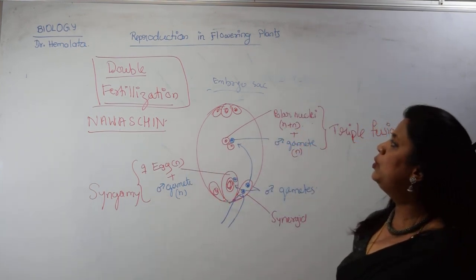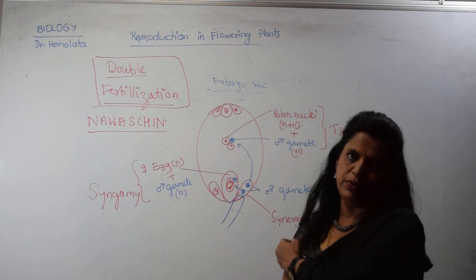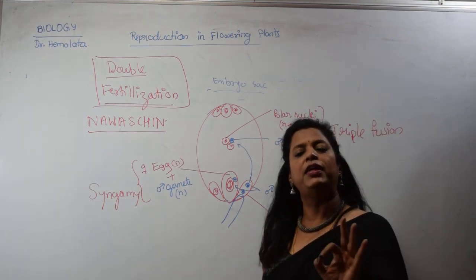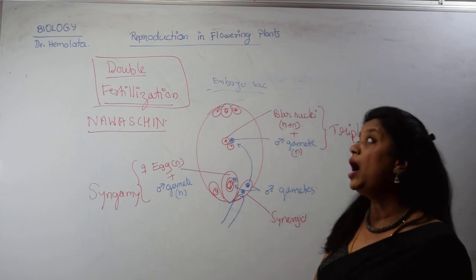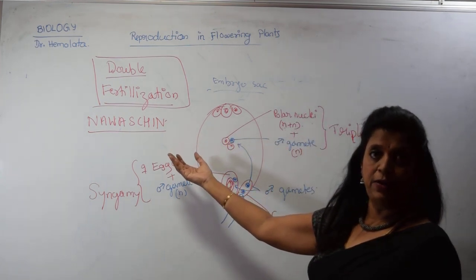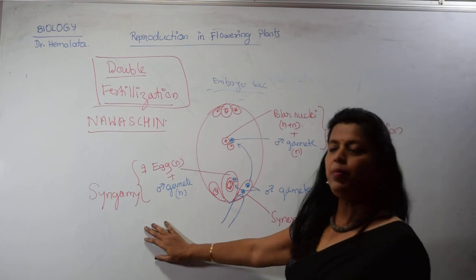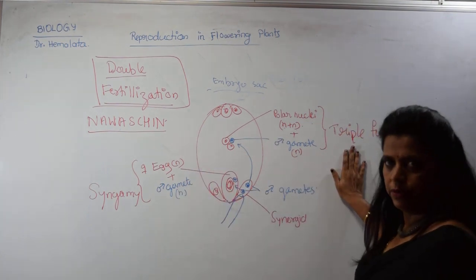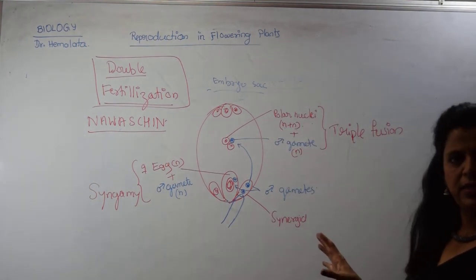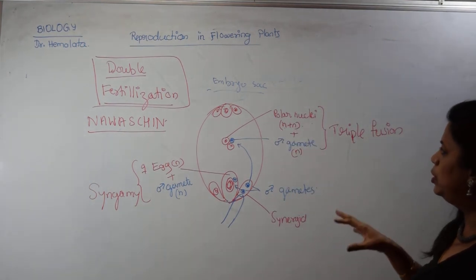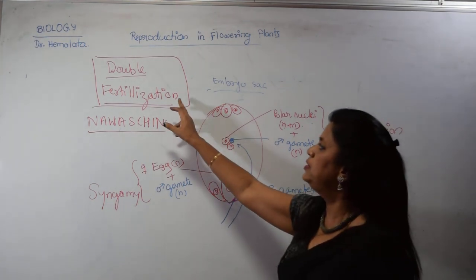So this is the total double fertilization and triple fusion. This is the type of fertilization happening in angiosperms. Now we have to learn what happens after fertilization. What is the end product of syngamy? What is the end product of triple fusion? This is one story, right? First we draw this, points, understand it. Then we will go through all the things, double fertilization meaning,